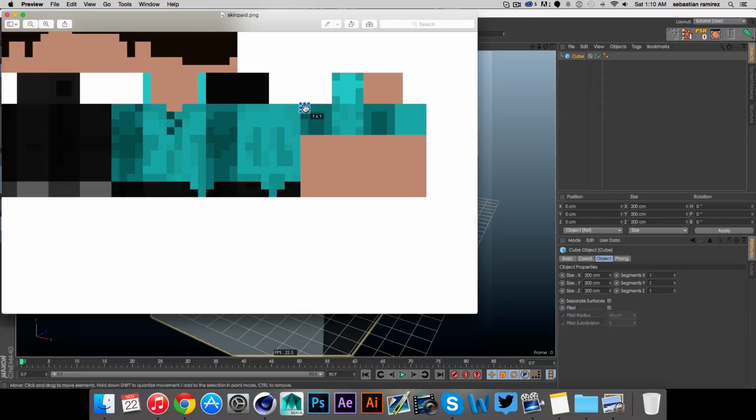So there's 1, 2, 3, 4 pixels deep. Then it's 1, 2, 3, 4 pixels wide. And then how many pixels tall is it? 1, 2, 3, 4, 5, 6, 7... 12 pixels tall. So 4 deep, 4 wide, 12 tall. So now how we do the math for this is